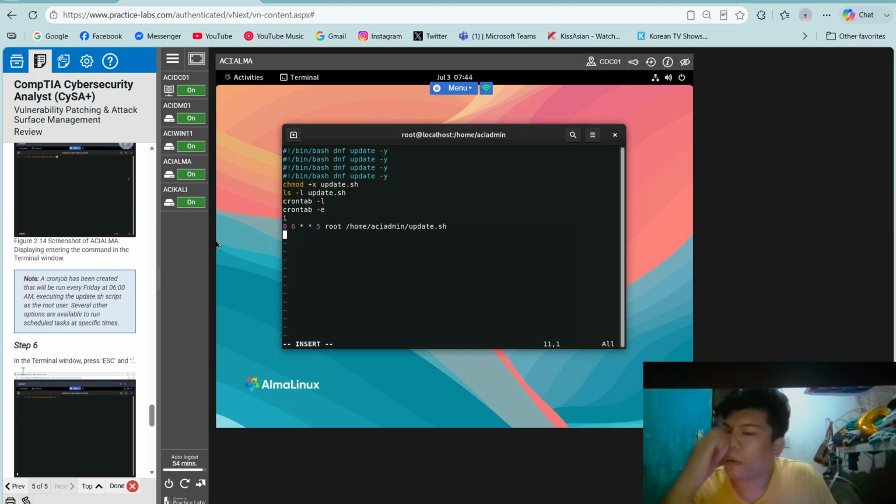Enter. A cron job has been created that will run every Friday at 6 a.m., executing the update.sh script as the root user.